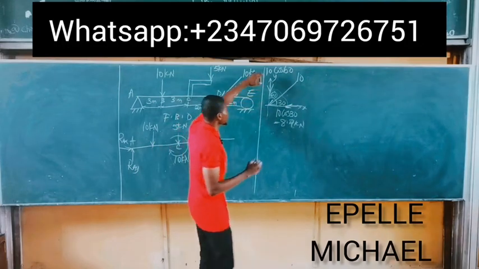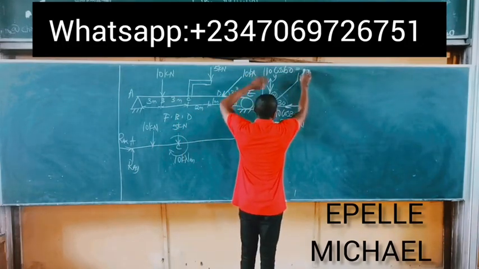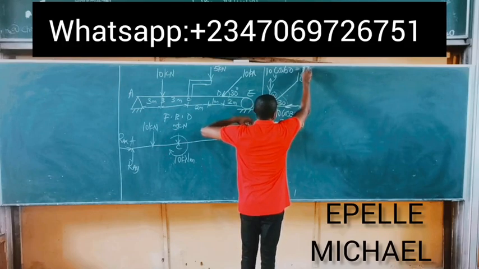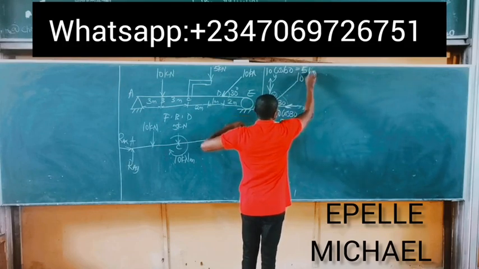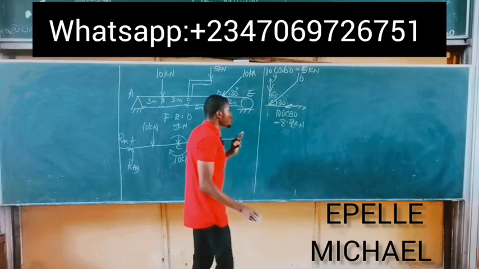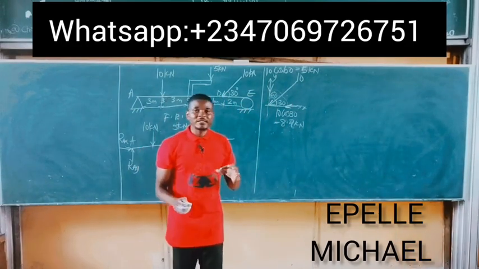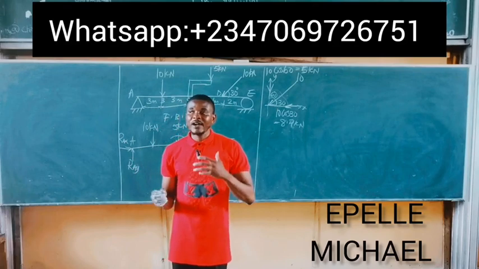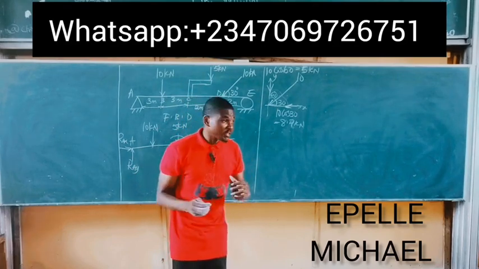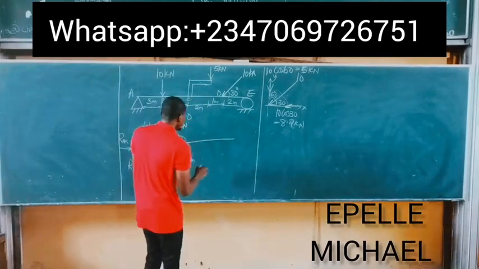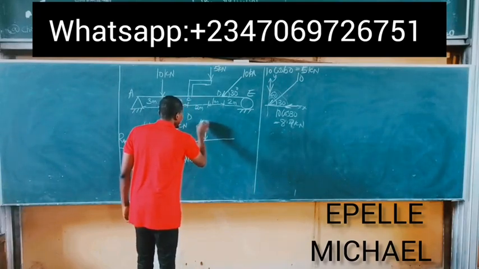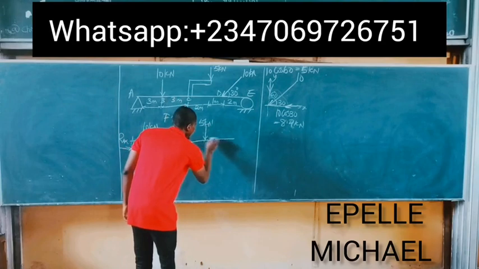So we simply have 10 cos 60, and this will simply give us 5 kilonewtons. So we have 2 components for this force. One is 8.7 kilonewtons to the left, which is horizontal, and one is 5 kilonewtons vertical. So it means that at point D, we have 2 forces: a 5 kilonewtons vertical force and a horizontal force